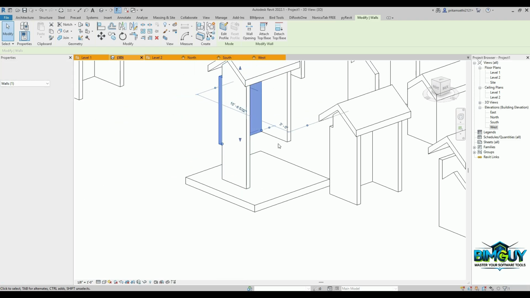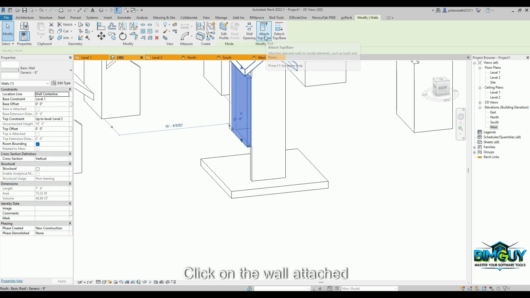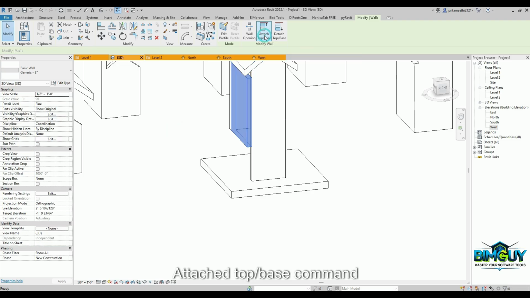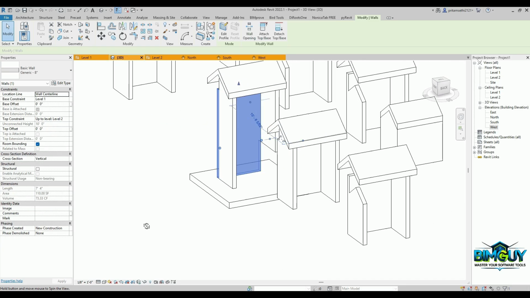One more time, click on wall, then attach, then click on attach top base command, then click on base. Now click on floor. Okay,